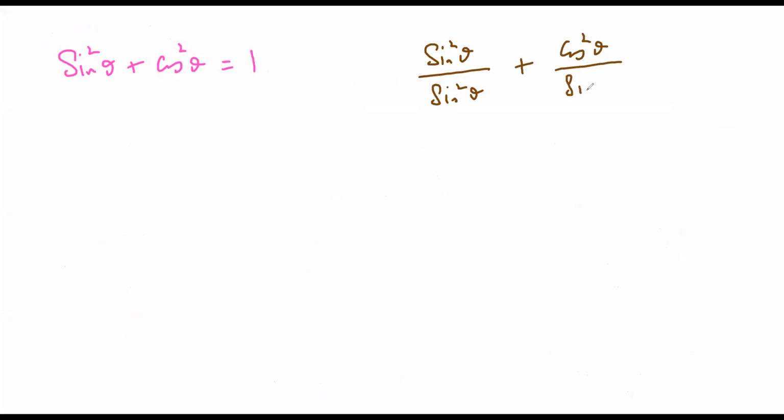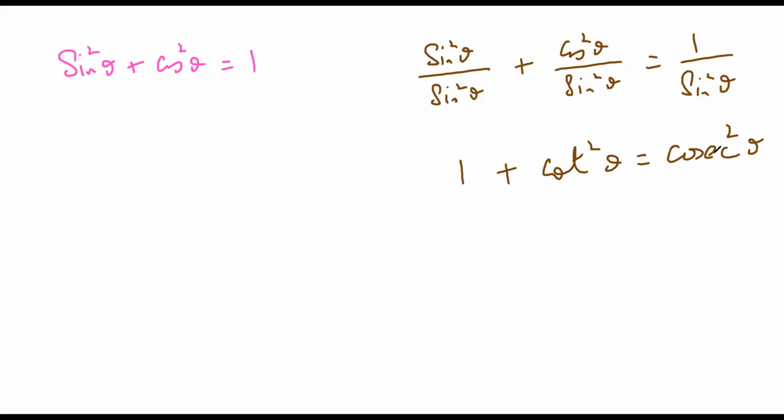Okay? Now adding into it, you have a very famous identity in your P1 trig, that is sine square theta plus cos square theta, and that is equal to 1. If you divide both the sides by sine square theta, guys, you get sine square theta over sine square theta plus cos square theta over sine square theta, and this is 1 over sine square theta. You get one more identity from here, that is 1 plus cotangent square theta, that is equal